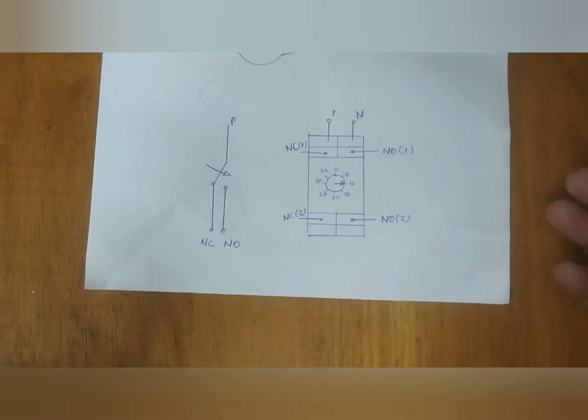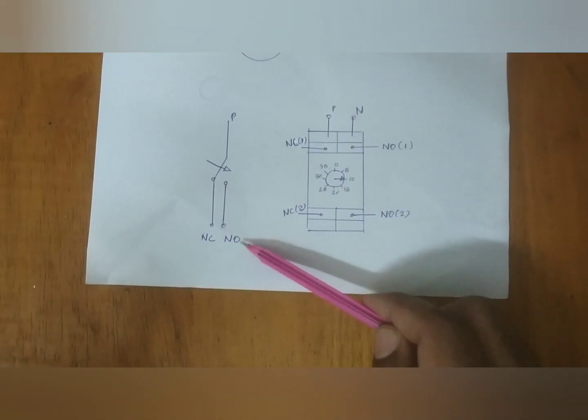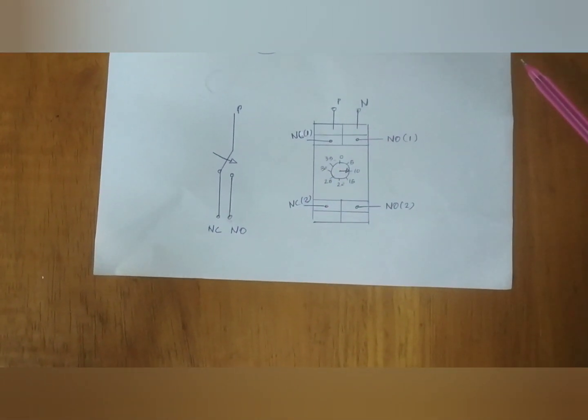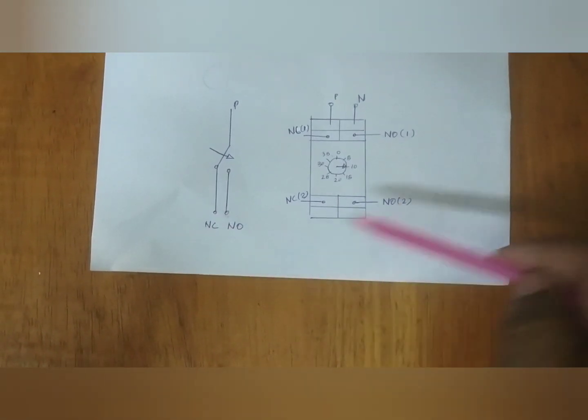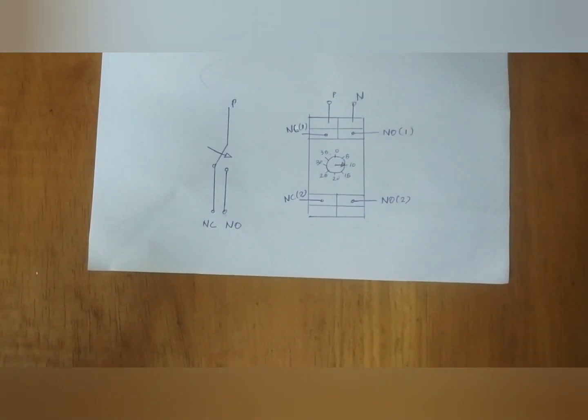And coming to our picture about the star delta starter, we will be using the control supply provided by the normally open contact to activate the star contactor, and the control voltage provided by the normally closed contact will be used to activate the delta contactor. Okay, we'll go back to the star delta starter.